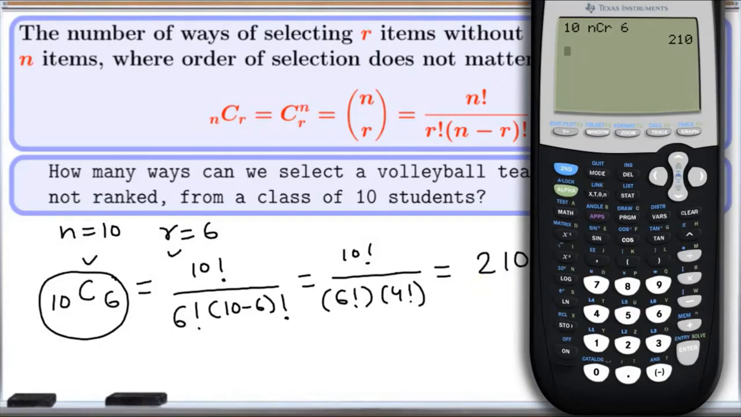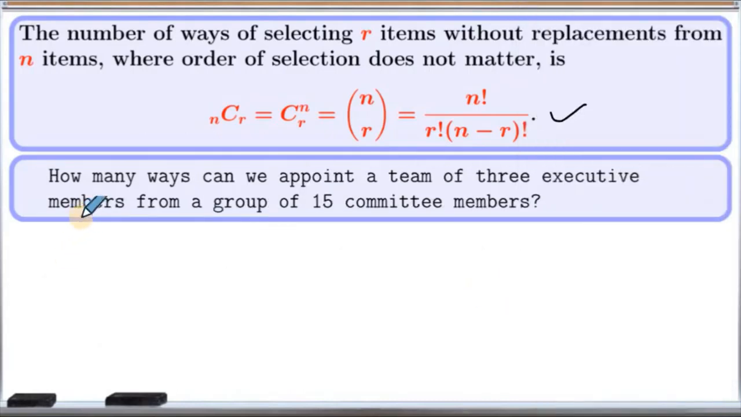So let's look at another example. Here we need to find out how many ways can we appoint a team of 3 executive members from a group of 15 committee members. So our N here is 15 and our R here is 3. Now all we need to do is put these numbers into this formula. Doing that, we get 15C3 equals